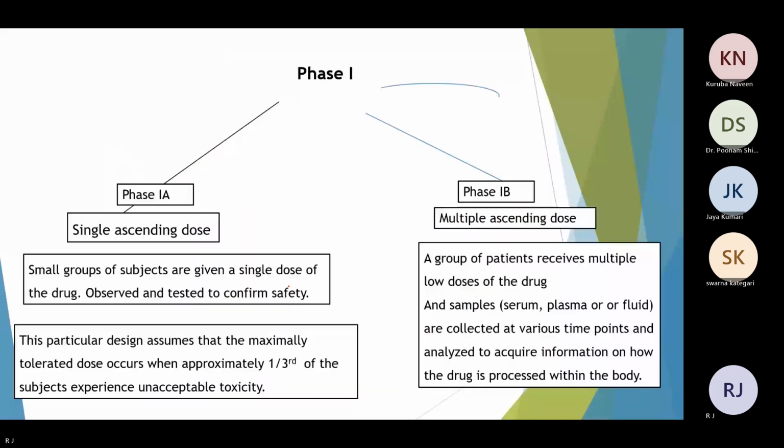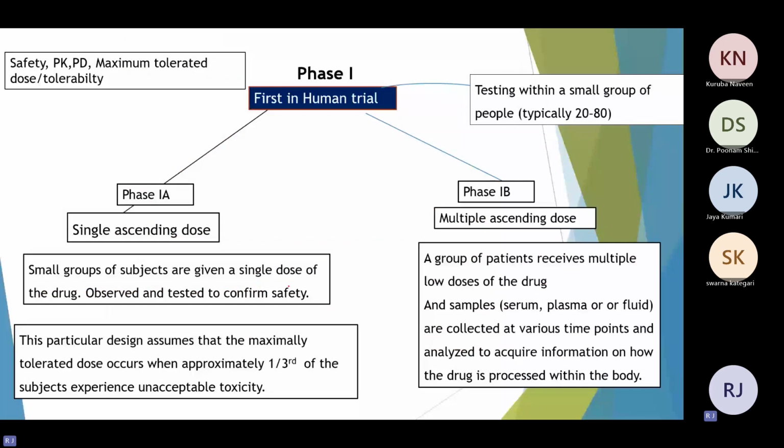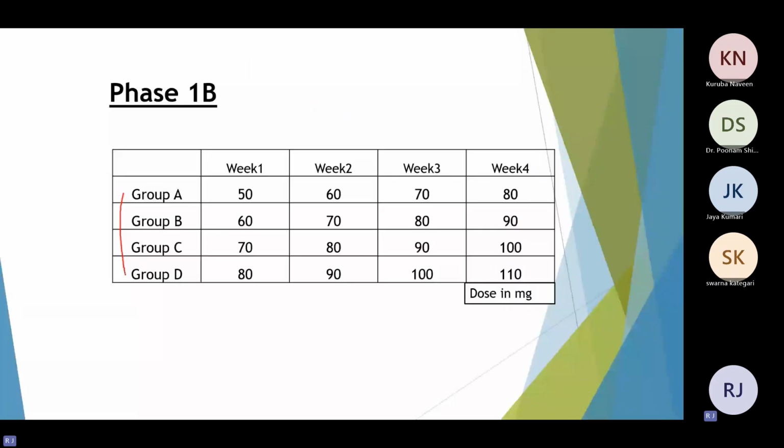Now we have seen the example of phase 1A. Now we'll see the second example, for phase 1B. So as I said, in phase 1B we are giving multiple doses, right? You see here, we have recruited multiple subjects in different groups and we are giving different doses. Like in week 1, we are giving 50 mg, then in group B, we started with 60, then in group C we started with 70,